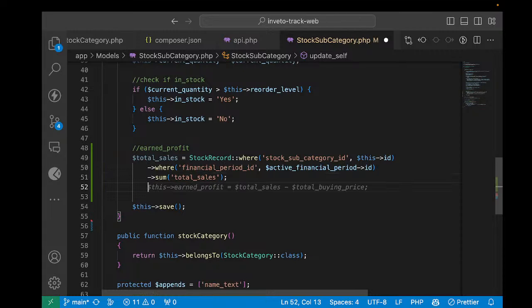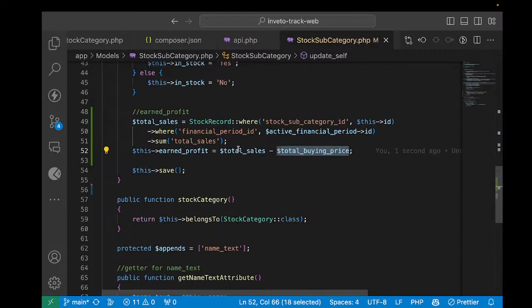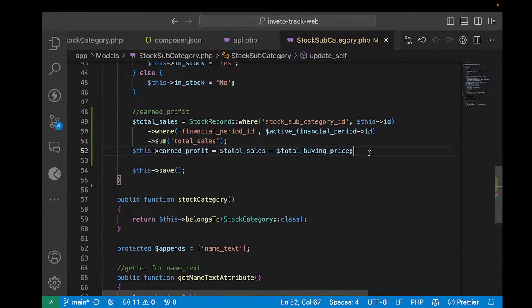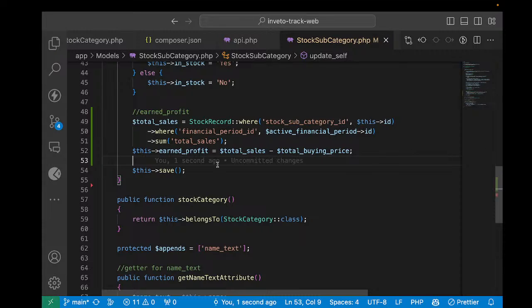Okay, then we go ahead and say profit earned is equal to total sales minus total buying price. Total buying price, already we have it here, I've already calculated it here. Okay, I think like that we shall be able to tell whether someone is in loss or not, and then we go ahead and save. Yep, I think that is okay. So profit equals to,